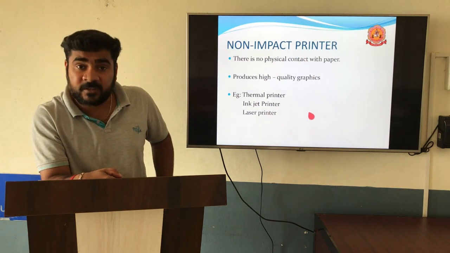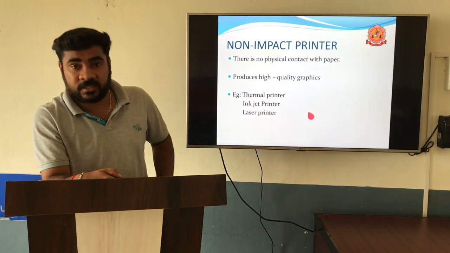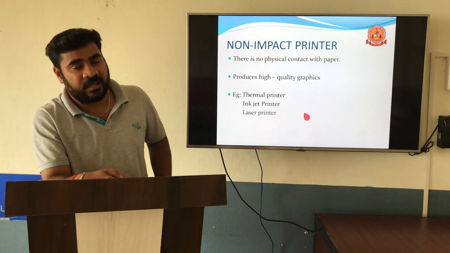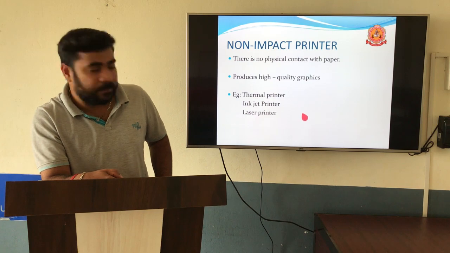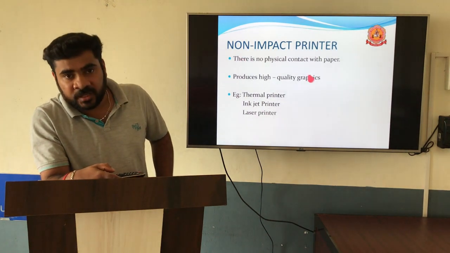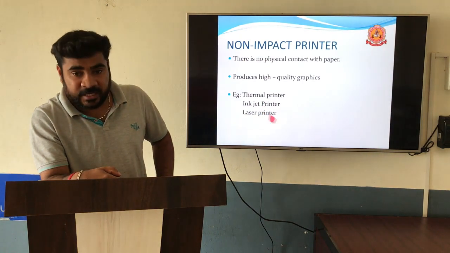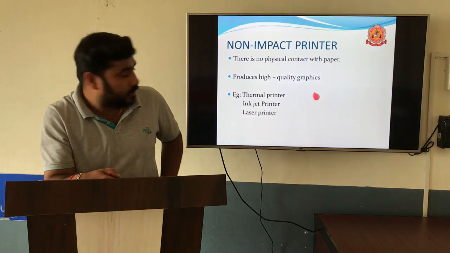It is also possible to print different graphics, and multicolor is possible. Different colors on the same page are possible in non-impact printers. Examples are thermal printers, inkjet printers, and laser printers.